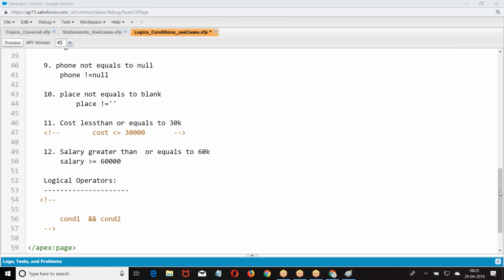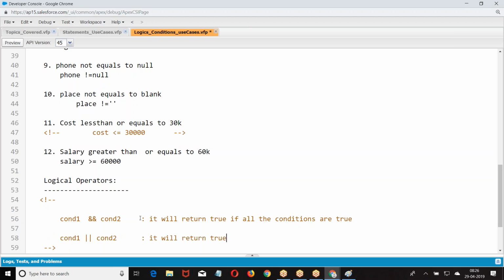It will return true only if all the conditions are true. We also have condition 1 or condition 2, which will return true if any one of them is true.